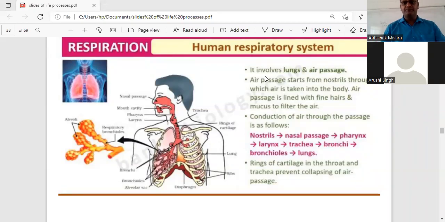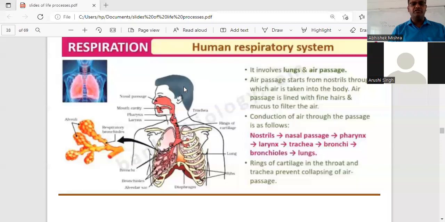So good morning, students. Today we will be continuing with the chapter life process, which we were discussing. Now we are in the topic of respiration. In the topic of respiration, we have already defined respiration. Then we defined the types of respiration. Then we discussed the various biochemical pathways regarding the breakdown of glucose. We also discussed respiration in plants, and in our last class we started with the human respiratory system,